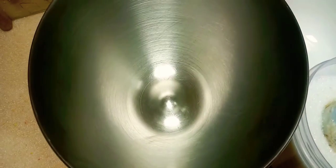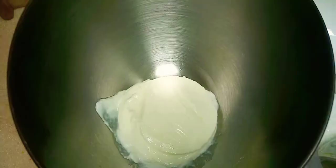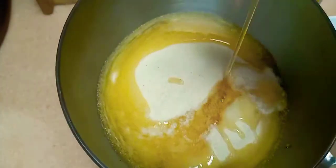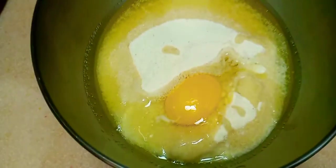So onto mixing our basbousa, we're gonna use 1 can of plain yogurt. If you're measuring in cups, then 1 cup plain yogurt, then 1 cup sugar, and then we're gonna add 1 cup of desiccated coconut powder, and then we're gonna add another 1 cup of semolina flour. Next, we're gonna add 3/4 cup of cooking oil, and then we're gonna add 1 egg, just 1 egg, and then we're gonna add